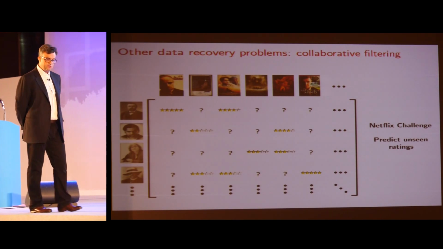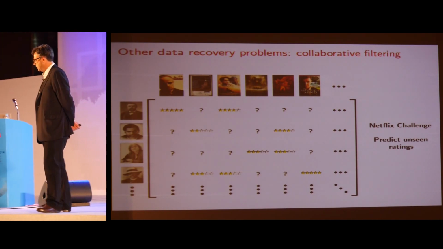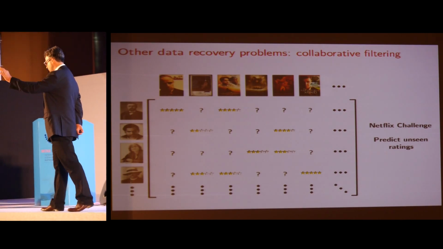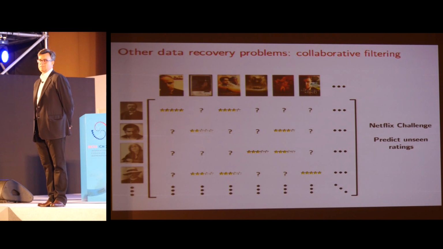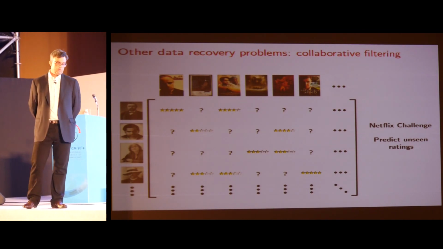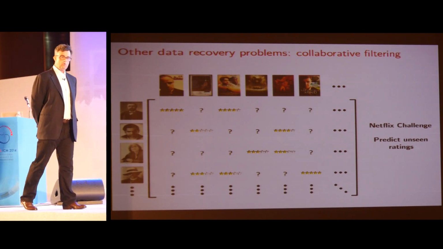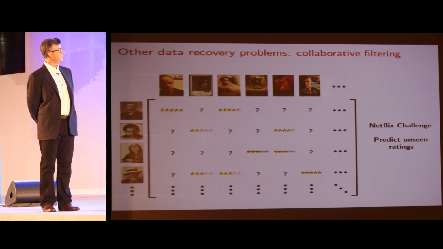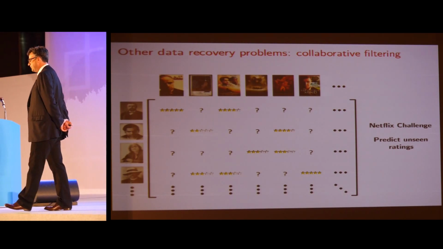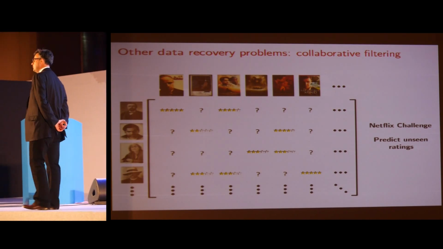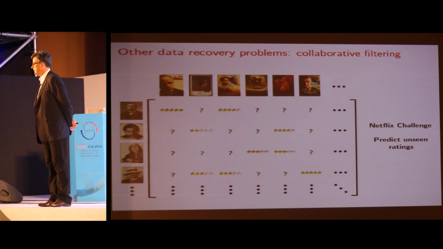And so this matrix is sparsely sampled in the sense that from time to time, a user will actually rate an item. Typically users rate very few items, and so the goal is to predict all the unseen ratings. For example, Ingrid has not rated The Godfather. She has not yet seen it, but I would like to know how she would like it if she had seen it.